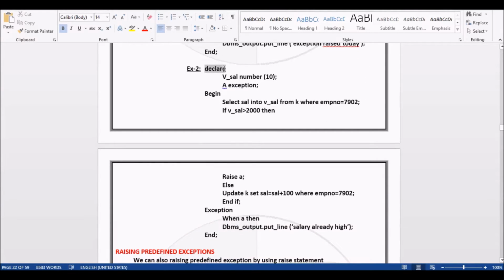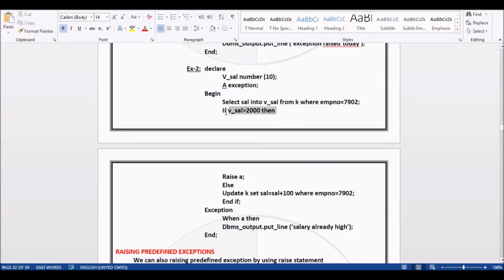So declare, okay, we are declaring a section. v_sal is a number, and a is another exception. Begin. Select sal into v_sal from emp, where empno is equal to some number.